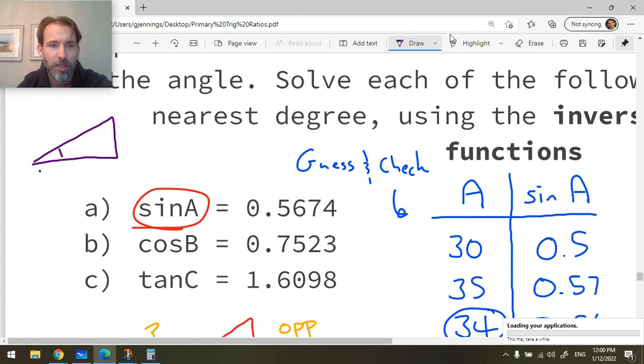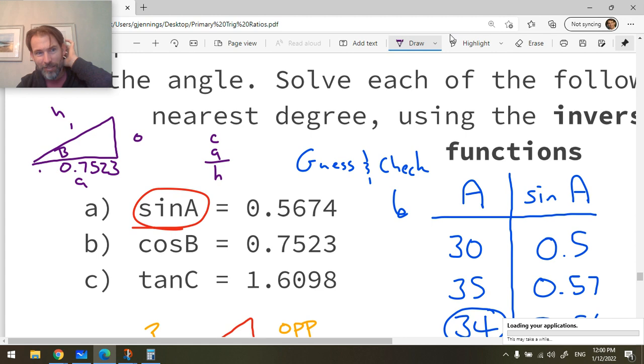So if this is angle B, the adjacent side is this side, and cosine is CAH. Cosine is adjacent over hypotenuse. So this is the hypotenuse. This is the adjacent. This is the opposite. We're not using the opposite in this problem here. If this hypotenuse were 1, this side length would be 0.7523. Helps to imagine these things. And then I can imagine if this is 1 and this is 0.7523, I'm expecting an angle returned here, maybe